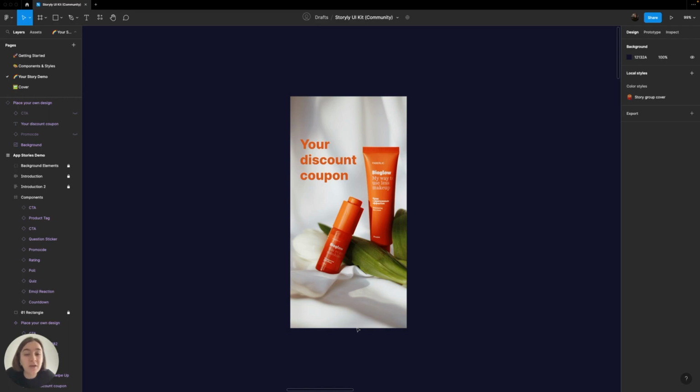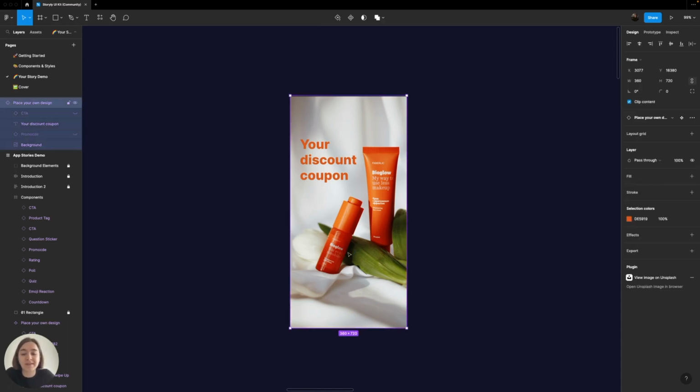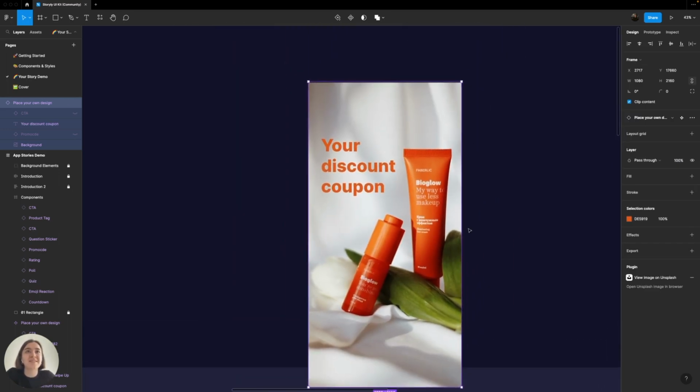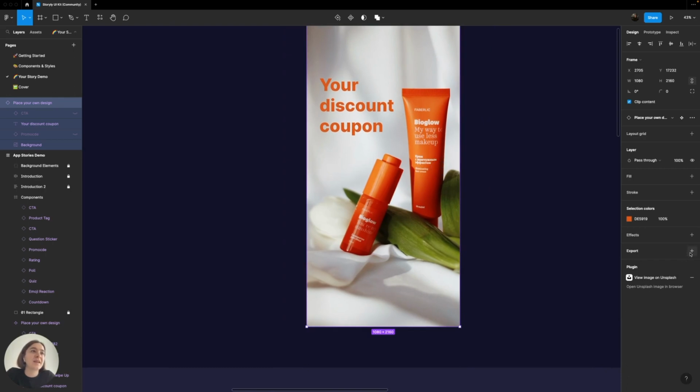Now I want to export this design, but I want to give you a tip before we move on. To upload higher quality images to the studio, I want to scale this frame. For this, press K and I'm changing the width of my design to 1080. Now I can export like this. Click the export